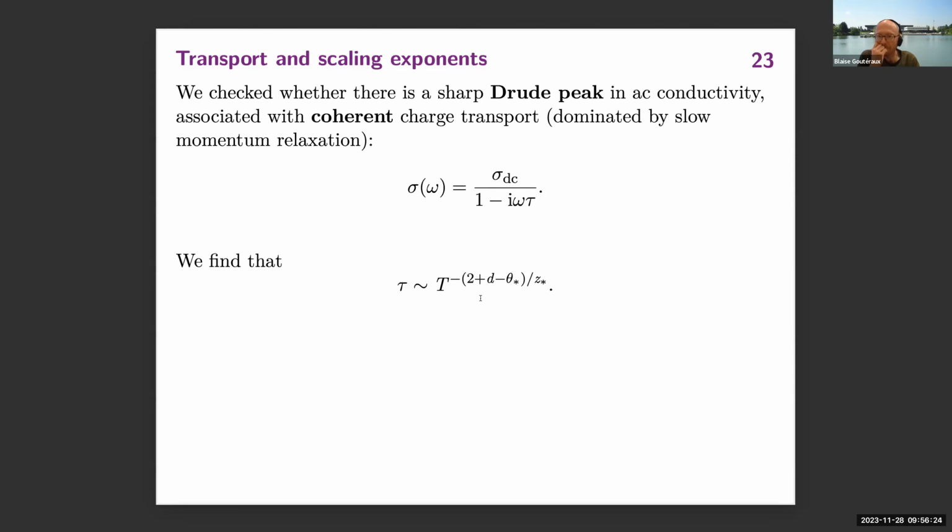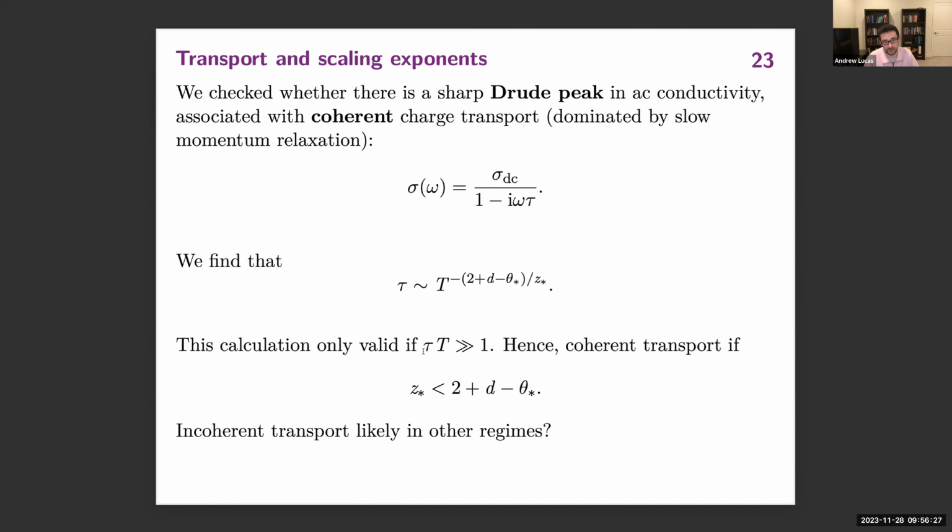Yeah. So I think all that happens is when this inequality is violated, the higher order terms in omega are likely very important, and you just don't have a well-defined Drude peak. This is like my calculation from 2015 on Drude peaks and memory matrices. We did that same calculation here, and we find that the calculation is only consistent when this inequality is obeyed. So something interesting happens when this inequality isn't obeyed, as far as we can tell. But we don't know what it is. Okay. Yeah.